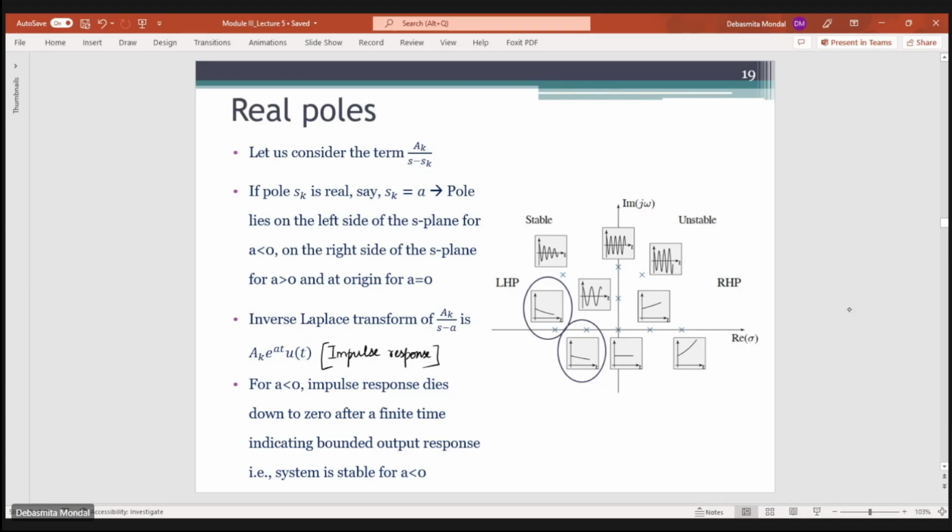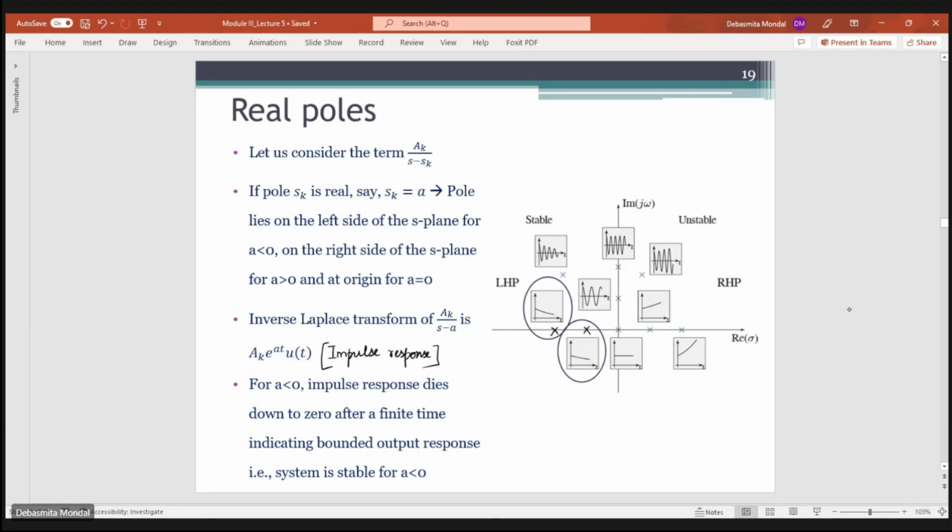So these are the two kinds of poles. If the pole, let's say this is the value of A, so one pole lies here. If the pole position is at this point, then the impulse response will look like this. And if the pole position is lying even farther away from the origin, then you will see that the decay